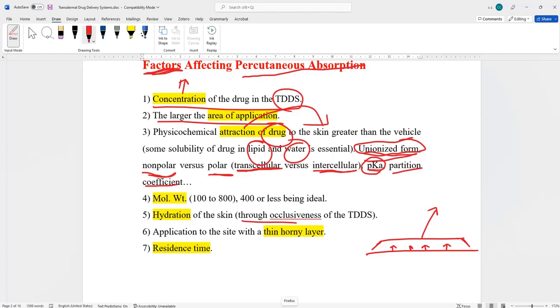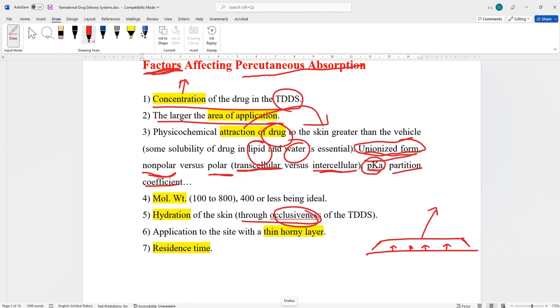This is through the occlusiveness, because this backing layer is preventing the moisture from going out into the environment. It's occlusive. So through the occlusiveness of the backing layer, you prevent the moisture from escaping,